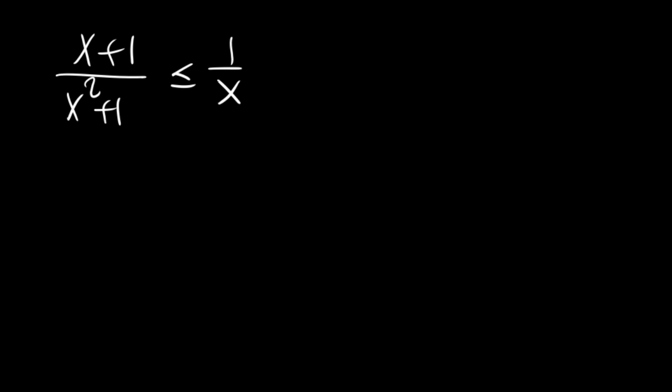Okay, so we start with the inequality (x plus 1) divided by (x squared plus 1) should be less than or equal to 1 over x. Shift this to the left hand side, you have (x plus 1)